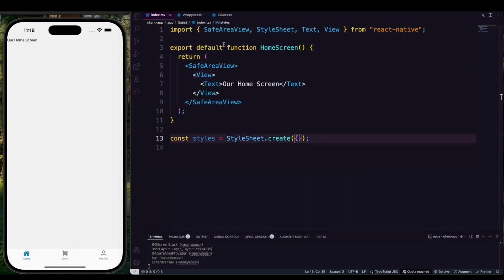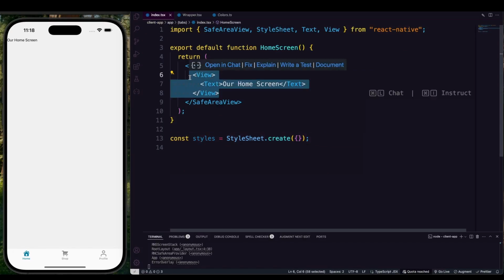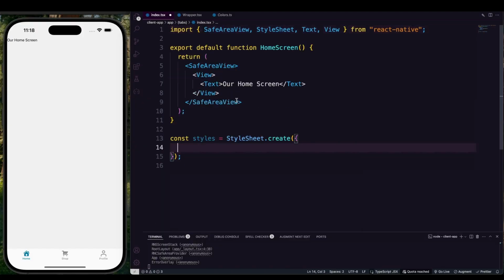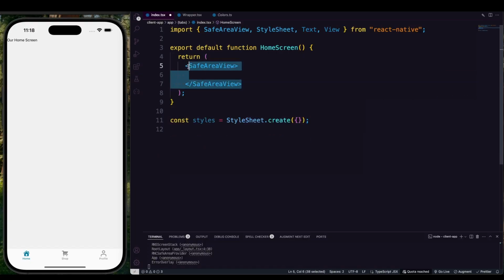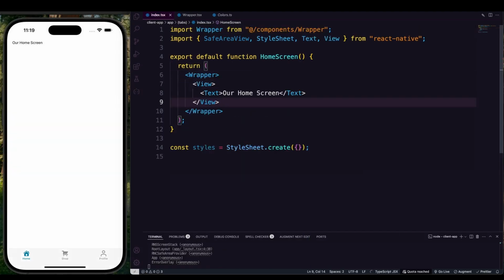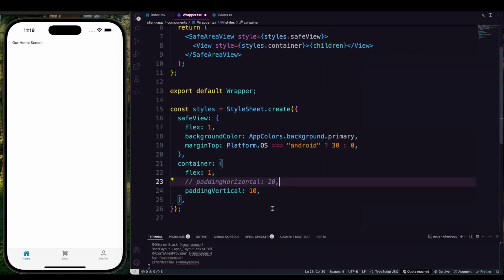So in the index, what we're going to do, instead of putting that within the safe area view, let me revert on that. I'm just going to cut that one here and remove the safe area view. I'm going to pass a wrapper, and within the wrapper we can simply pass that. As you see, when we pass that, it's getting the horizontal padding. If we unlock that, it will not take as much. So this is how you can combine it, but we will not use that